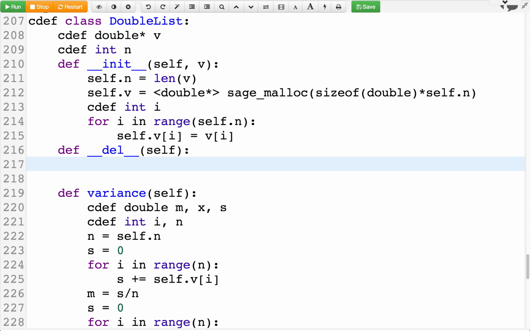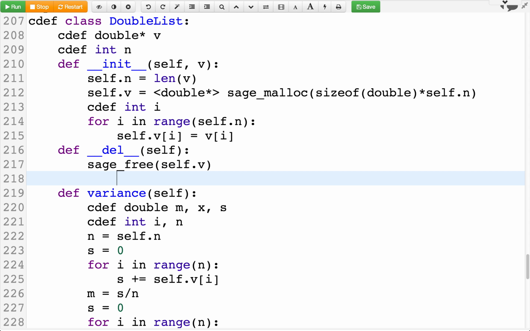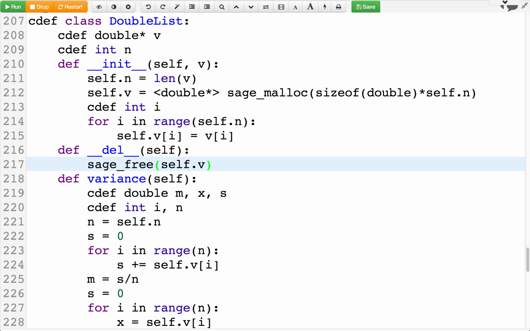And there you would put sage underscore free self.v. So I think I'll do that. What that does is it frees up the memory that you allocated above. If you don't put that in, though, and you just create lots of these objects, you'll notice that the memory usage of your program keeps going up until you run out of memory, if you're creating more and more of these objects.